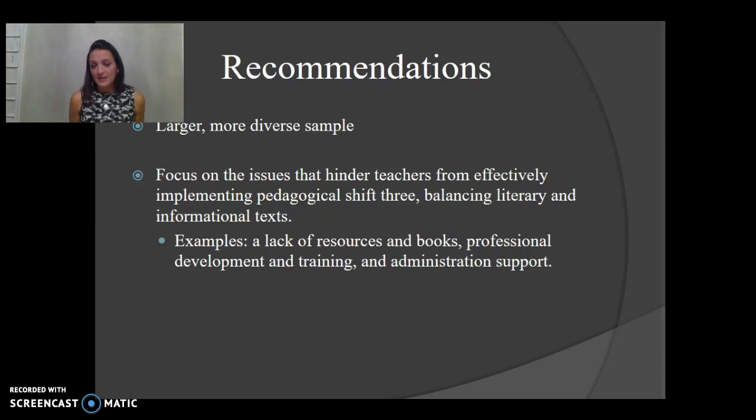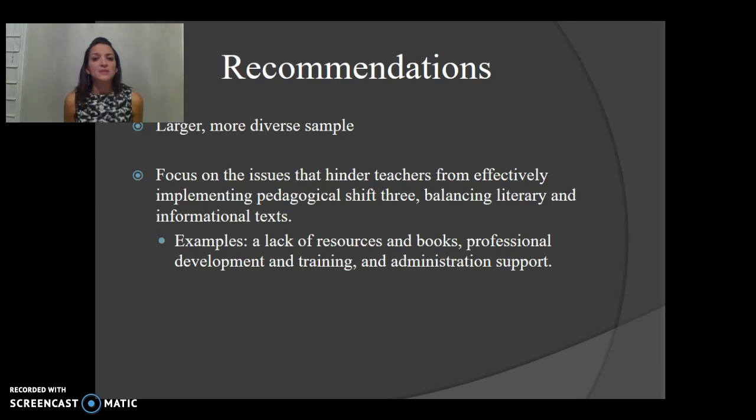After reviewing this data, it is evident that future research can and should be conducted, and we should continue evaluating teacher attitudes and relate that to the instructional shifts that are taking place in their classrooms. And that's relevant whether the Common Core stays in New York or a new standards-based initiative takes over. Future research in this area should seek to evaluate a larger, more diverse sample, so that could open it up to upper grade levels, including middle and high school. Also a more diverse sample, maybe stretching outside of the state of New York.